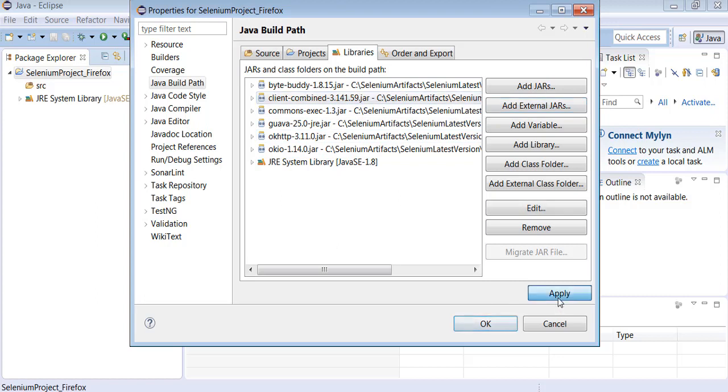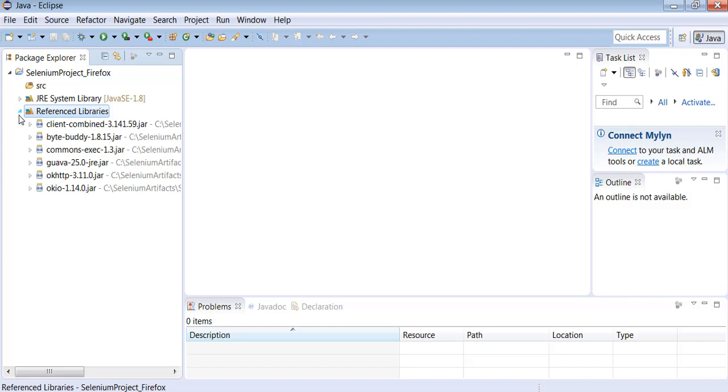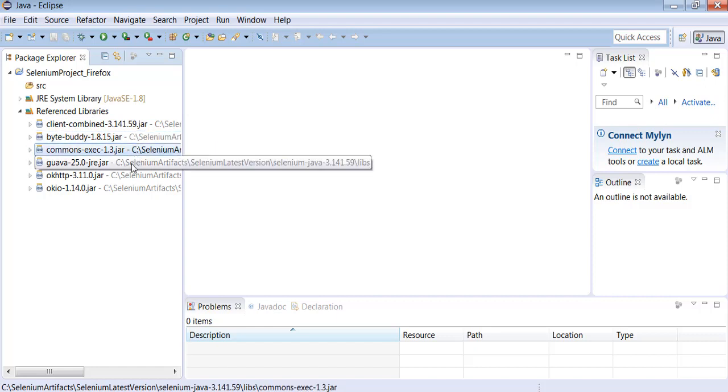Click on Apply, then click on OK. Then you will see a new entry, Referenced Libraries. Expand it. You can see the contents of the referenced libraries. There are totally 1, 2, 3, 4, 5, 6 jar files available, which are part of referenced libraries.